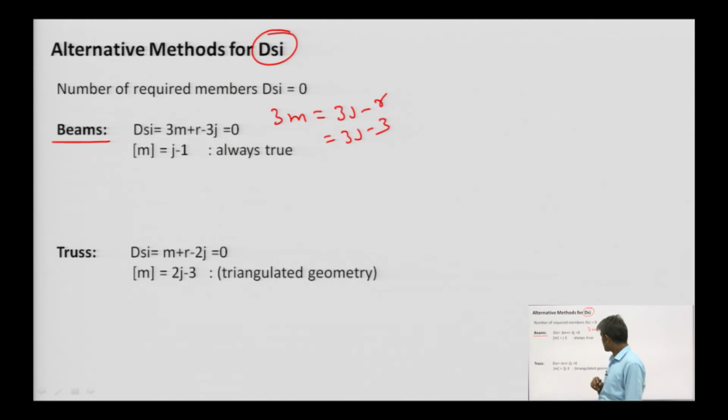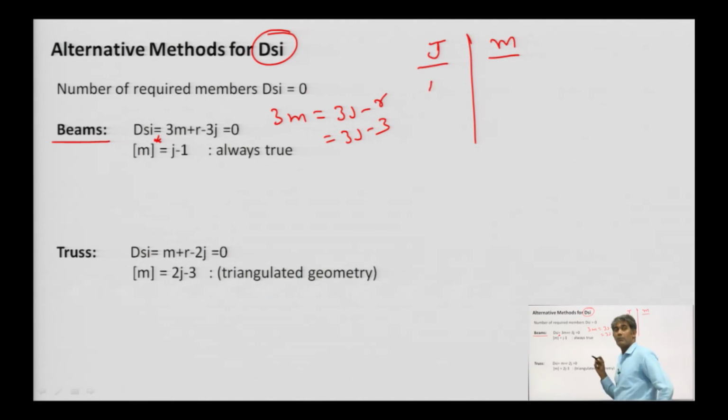And m is the required number of members for DSI equal to 0, that is, internal static indeterminacy is 0. So, if I make a table of number of joints and number of members, for beam the minimum number of joints will be 2. So, for 2 joints, the minimum number of members required is